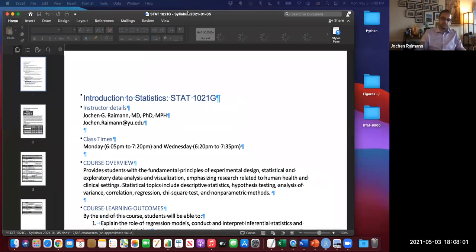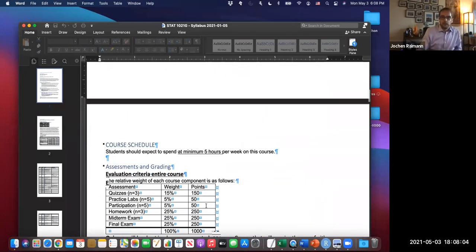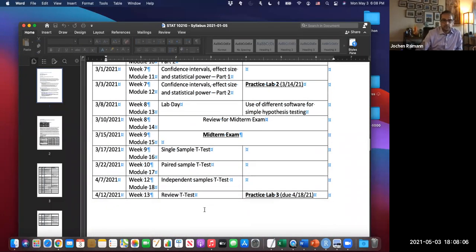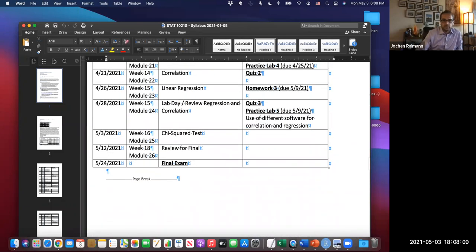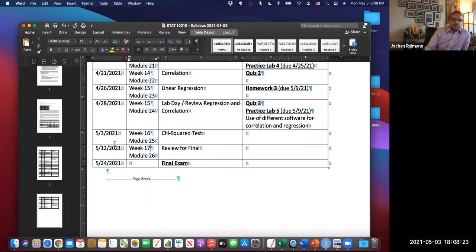Okay, so this is the 25th module. At this point in time, we are at week 16. We will be moving on to week, I can't actually be that, this is actually week 17. So we're moving on from week 16, which is this week, to week 17. We're reviewing, and then on the 24th at 1 p.m. (this is not our regular time, this is in the afternoon) we will be having the final exam.